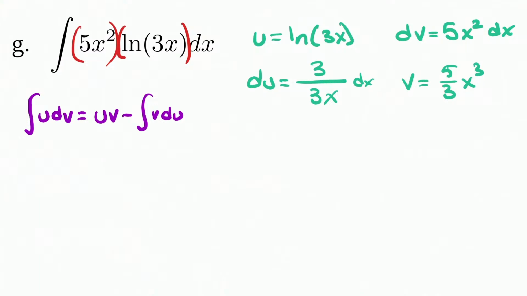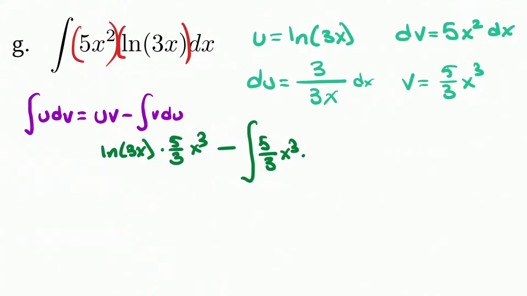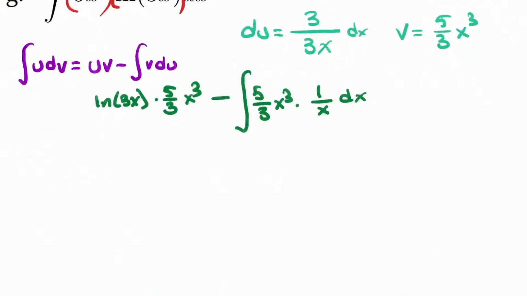So let's go ahead and do this. So let's see, u times v is going to be natural log of 3x times 5/3 x cubed, and then subtract off the integral of v times du. And notice that I've canceled the 3's. That's fine. So we got this. And then the next level is so easy. I almost, well, I'll do it, but